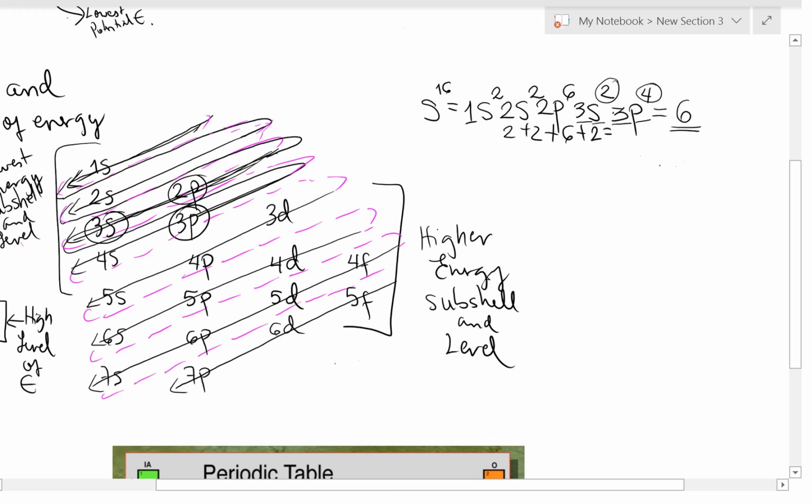Okay, so let's work on another example. Let's work on manganese. Manganese has 25 electrons. The atomic number, remember, is 25. So if we start following the diagram in the same way that we did for sulfur, we have 1s2, then 2s2, right? Follow the diagram. Then what comes? 2p, put 6, right? We go down, the next sublevel is